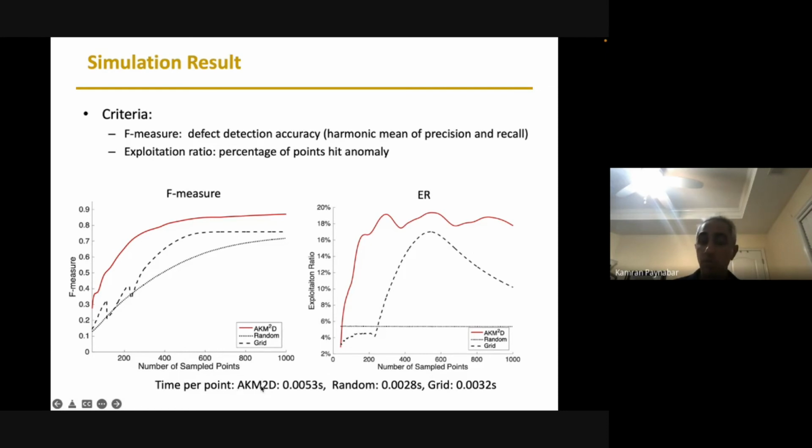So time is also important, our algorithm time, because we are solving an optimization problem, and the optimization problem is quite nonlinear, okay? But we found some very nice heuristic algorithms for solving that. And still in each iteration we are solving that optimization problem, remember that. So we can solve that optimization problem in less than 1 second. As a matter of fact, it's 0.0053 seconds on average. Random sampling and grid are definitely much less because they don't do any optimization. However, our algorithm is quite scalable to real time.